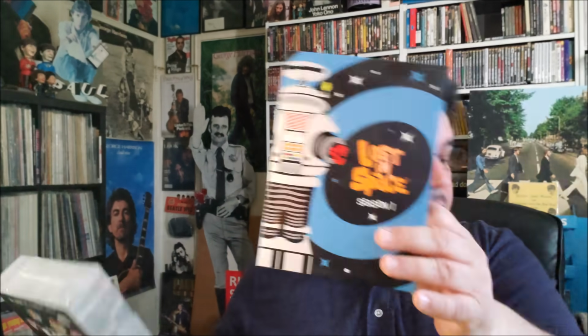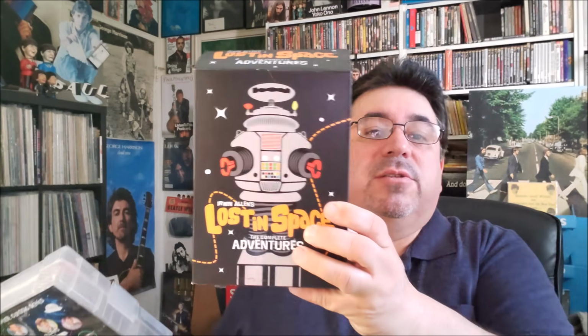So what I did was I took the superior Blu-ray discs out of here. I should also mention this is a Blu-ray set. That's something that I forgot to say. This one here is a Blu-ray set, so the Blu-ray is superior and it's in the proper screen ratio. But I like this packaging better, so I bought this inferior set just so that I could have all the Blu-ray discs like that. You see what I did? I transferred all the Blu-ray discs into this more